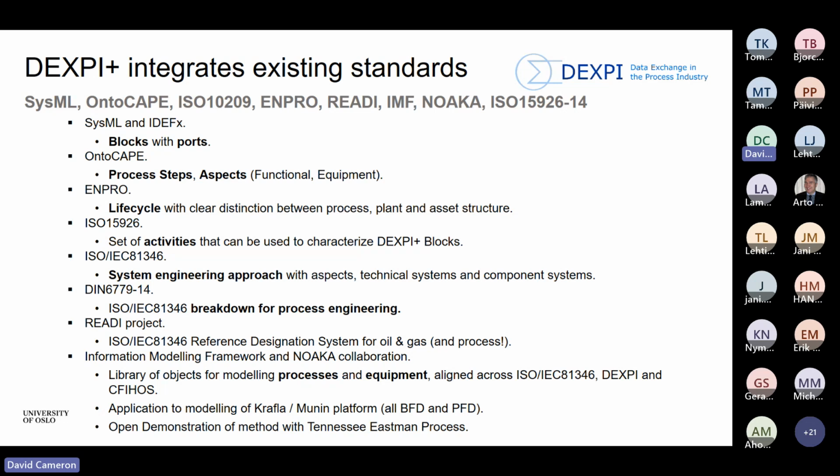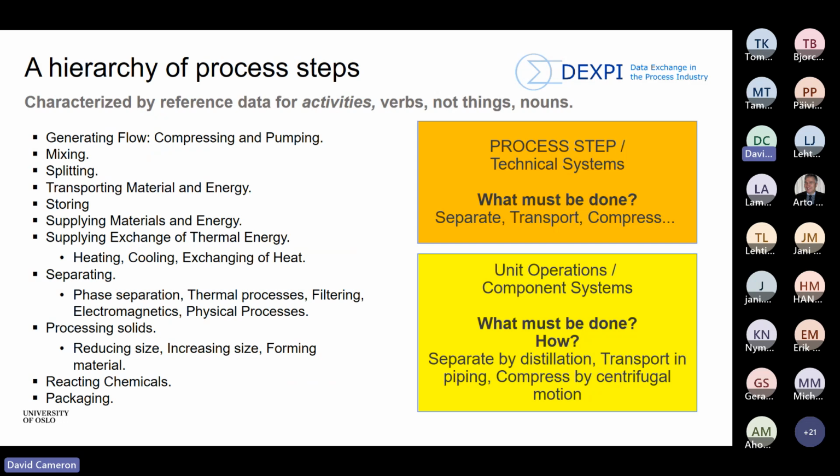We use the systems engineering approach for aspects, technical systems and component systems. And we've validated this with the NOACA process design for this oil and gas platform. So what we have is a hierarchy of process steps where you characterize your process steps by verbs, not things. And there's a library of process steps which cover what we believe is about 95% of the chemical engineering